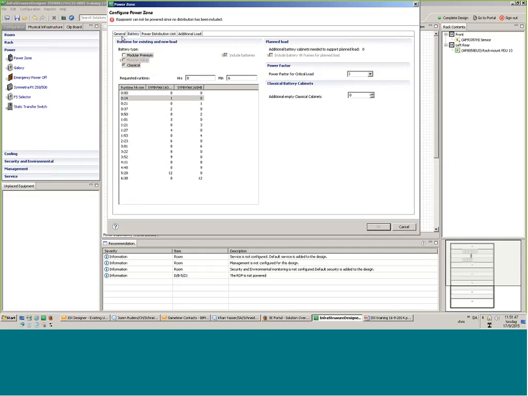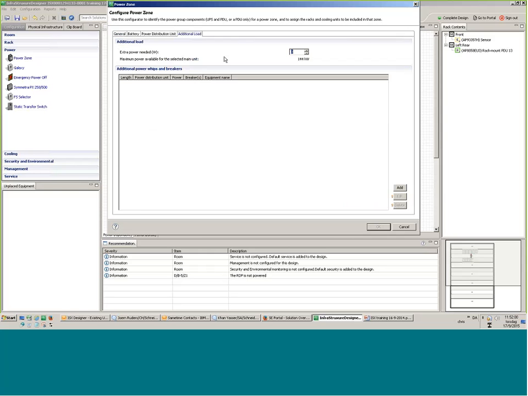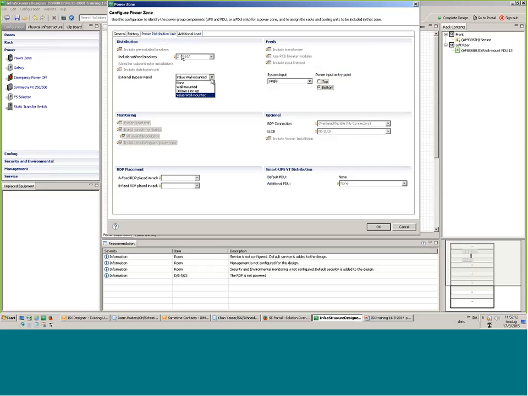No, it doesn't. So I have to add the load, which is 43 in additional load, 43 kilowatt. And here be careful, it is watts here. In the PX 250 500 it is kilowatt, so there's the difference. And then I can add classical battery power distribution. As soon as I add classical, I get